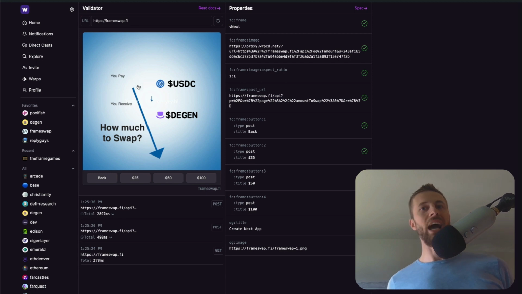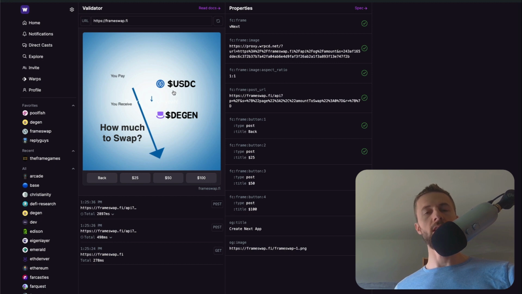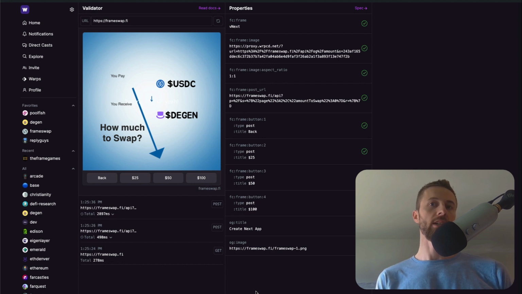This is where I now need to change things up a little bit, but it says how much do you want to swap? They can choose one of these three amounts that a user can swap. I think I'll add balances, so the user's balances of both of these, so they have an idea. I might add their wallet address that we're using right here. And the other cool thing is if you've approved my contract previously, then it will skip that approve page